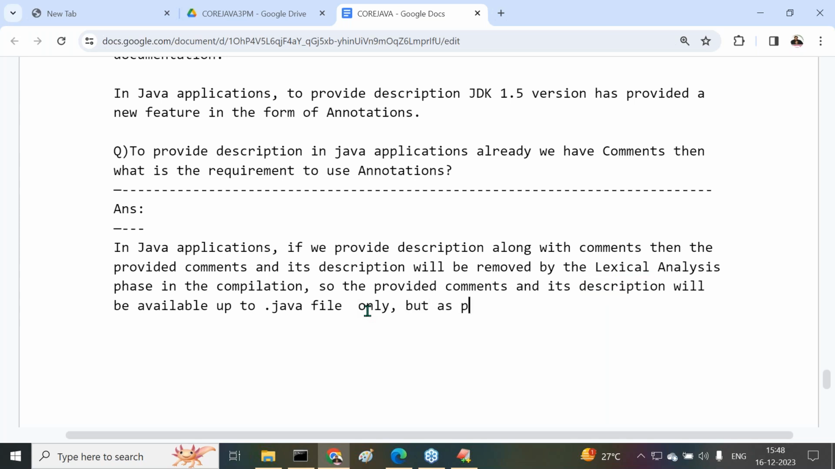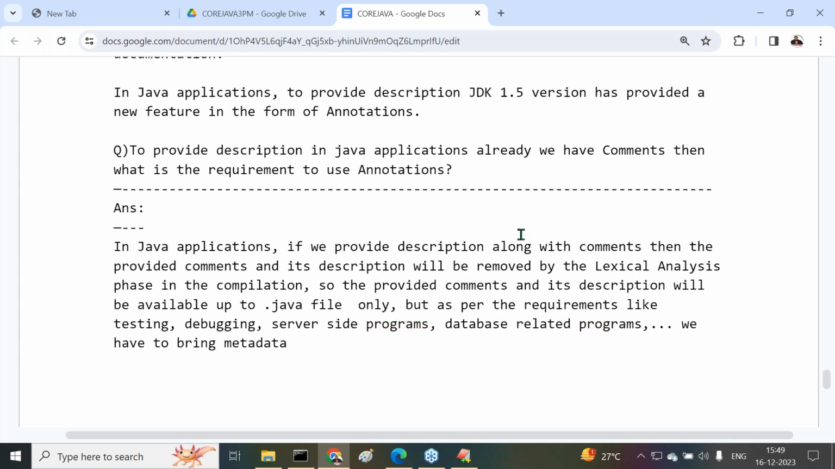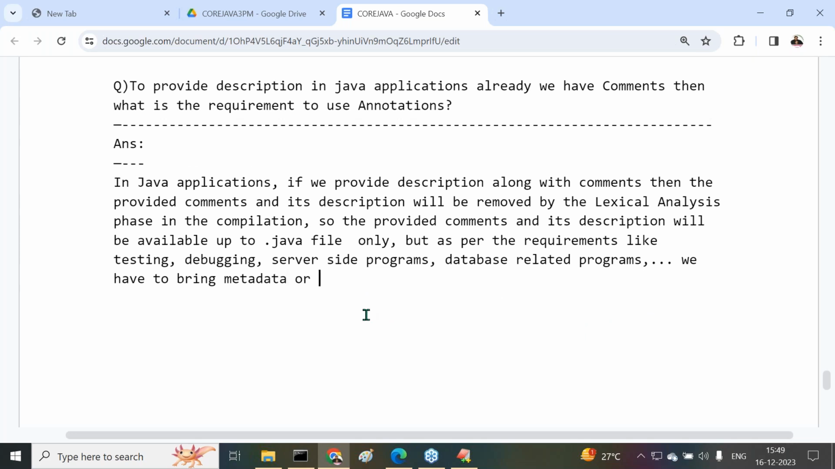But as per the requirements, like testing, debugging, server side programs, database related programs, and so on, we have to bring metadata. Metadata in the sense description. We have to bring metadata or description